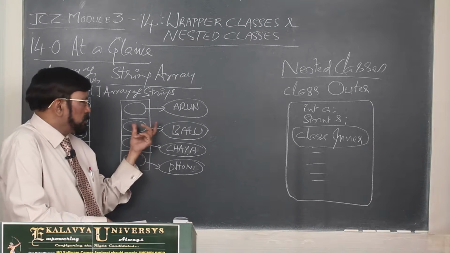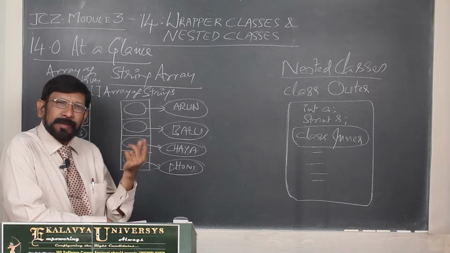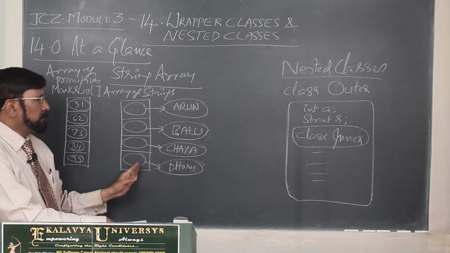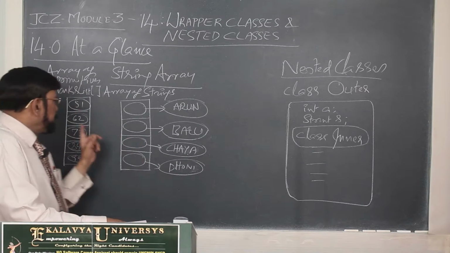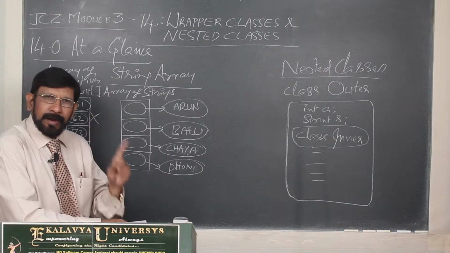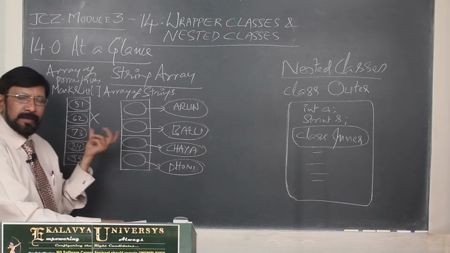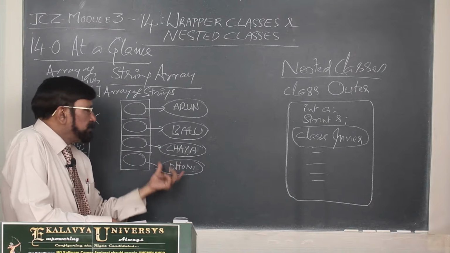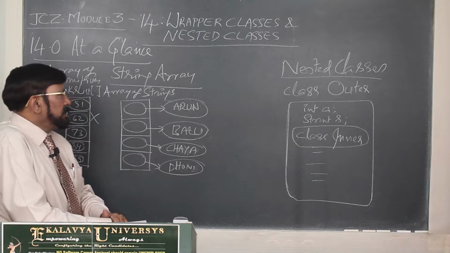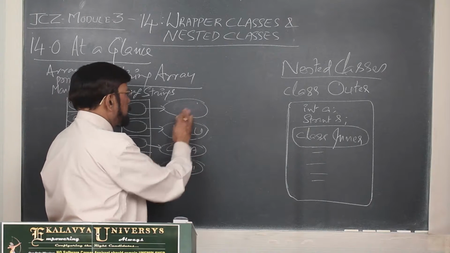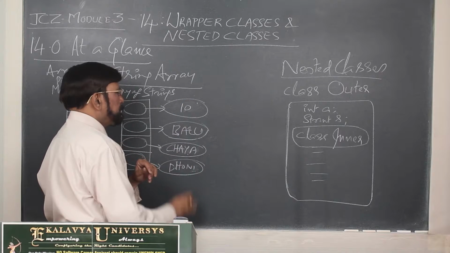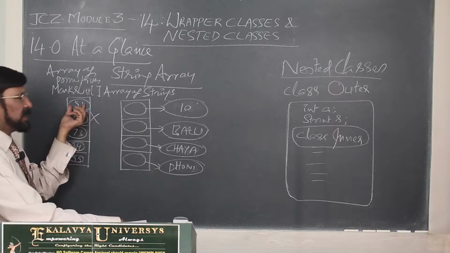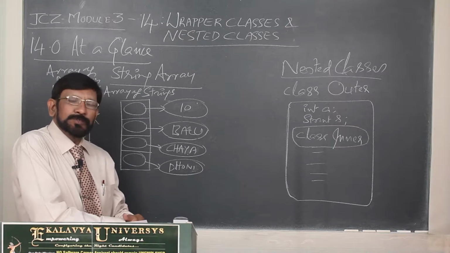Actually, why I am telling about this, you must remember that in collections, all the data structures are like this only. They cannot hold primitives like this. Only an array of primitives can hold like that. All the remaining collection framework data structures hold the objects like this. Suppose you have to give some integer value 10, then you have to give it like this only. That means like this you cannot give. So, in such a case what should be done?